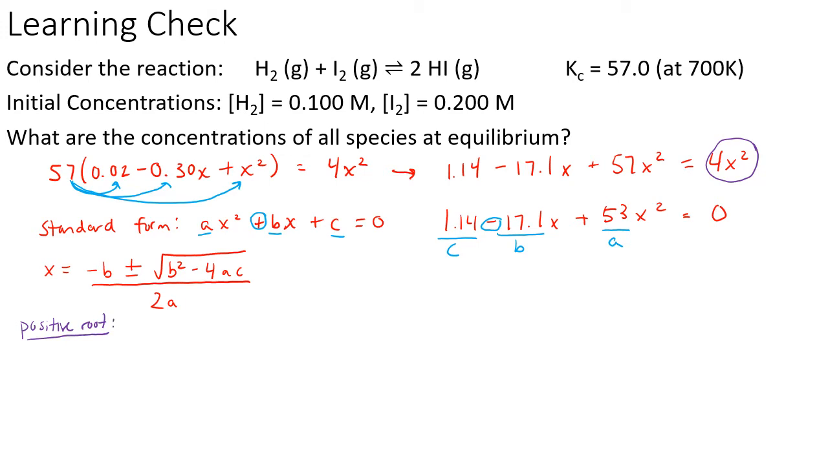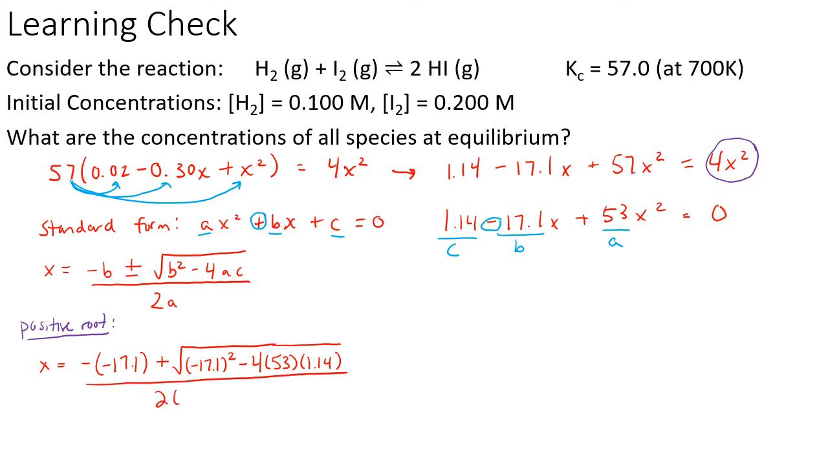For our positive root, we'll have x equals negative b, so that's negative times negative 17.1 for our b term, and then we're putting a plus here because we're looking at the positive root. Square root of negative 17.1 squared, so b squared, minus 4 times a, which is 53, times c, 1.14, and that whole thing over 2 times a, which was 53. And when we calculate that x value for the positive root using the quadratic formula, we get x is equal to